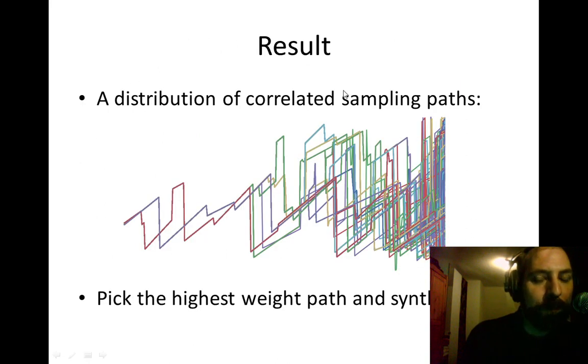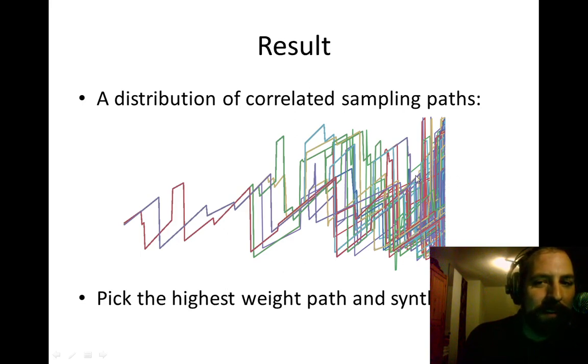So then, after executing this process for all the time steps, you end up with a distribution of correlated sample paths. And here is just one depicted. In theory, these could be independent sampling paths, but in fact they're not. And this is a known limitation of this method. And in fact, sort of at the end